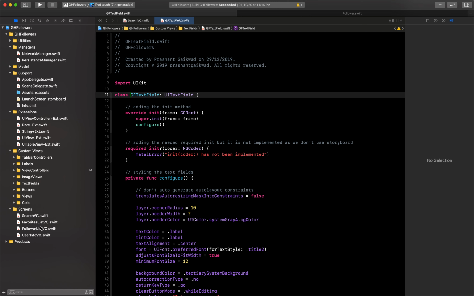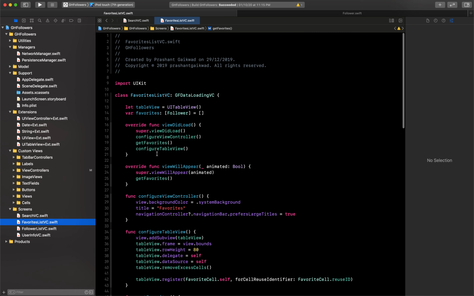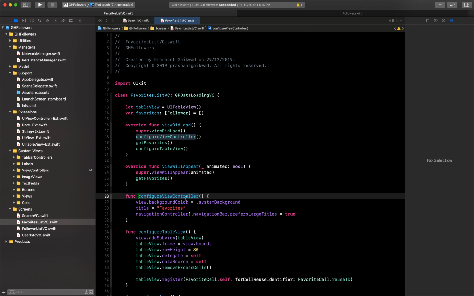What you can also do is, at the top I have written these methods, but I want to go to the definition of those methods, so I can just click on this. If it is written in multiple places, it will give me the option of where I want to go, but since I am in the favorite list view controller, I want to go here, so I will click again. It will take me there.